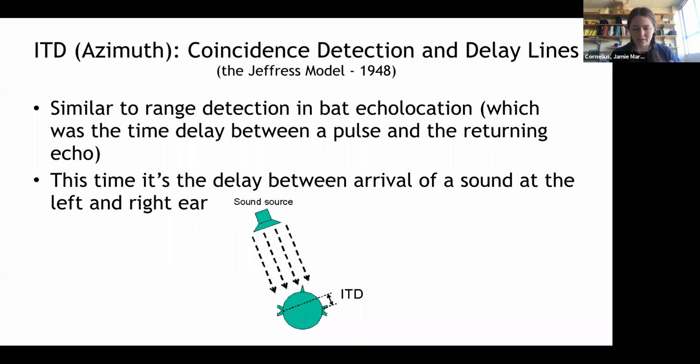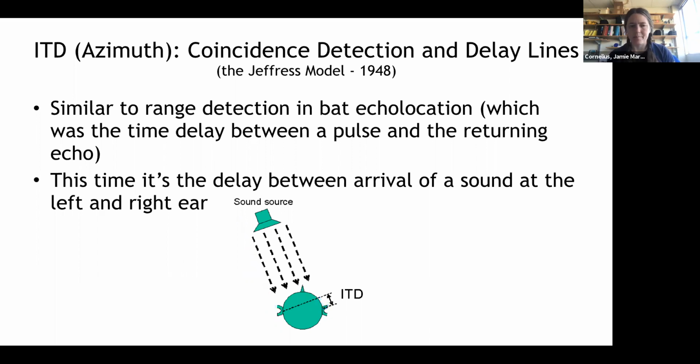So in this drawing, you can see that the sound arrives from not directly in front of this person. And so it's going to hit the left ear slightly before it hits the right ear. And that is the interaural timing difference. And of course, the more off-center the sound is, the larger the interaural timing difference. And so our brains can make use of that interaural timing difference to calculate how far off-center a particular sound